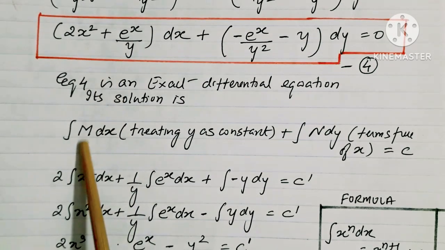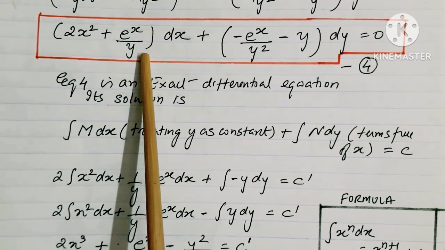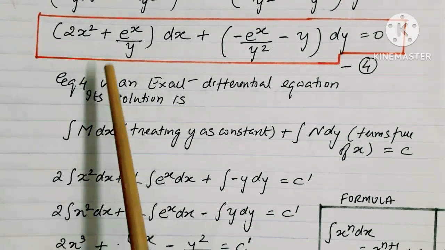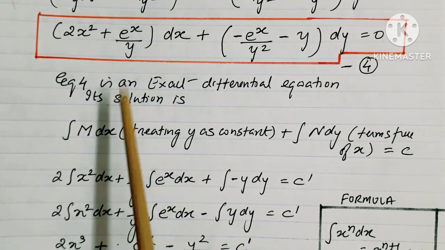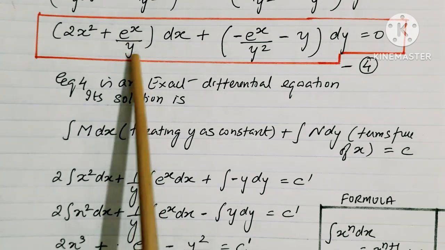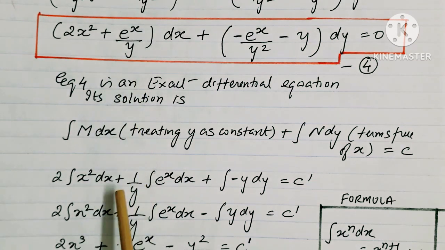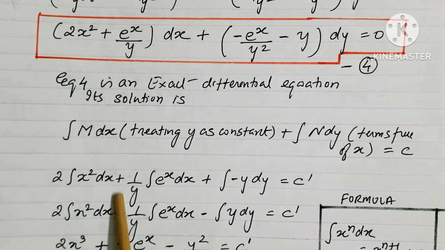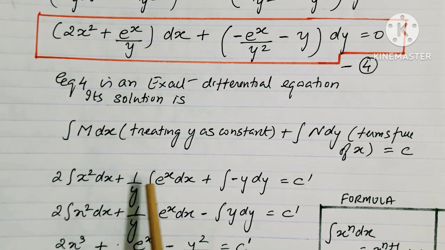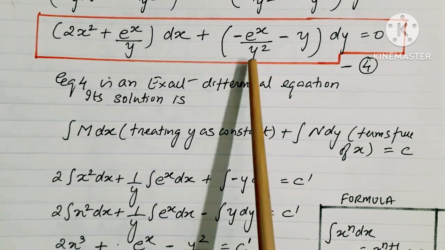Now we have to integrate m with respect to x and treating y as a constant. Therefore, this would be 2 integral x square dx plus, now the second term has a y in the denominator. So we'll have to treat y as a constant. So we'll have to write 1 upon y outside the integral sign. So this would be plus 1 upon y integral of e raised to x dx plus,